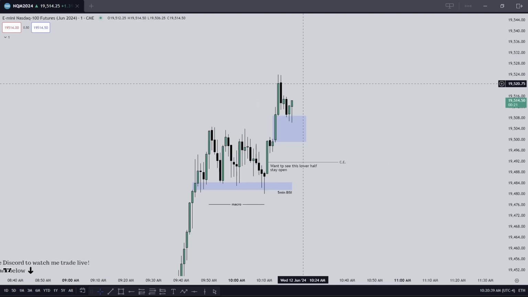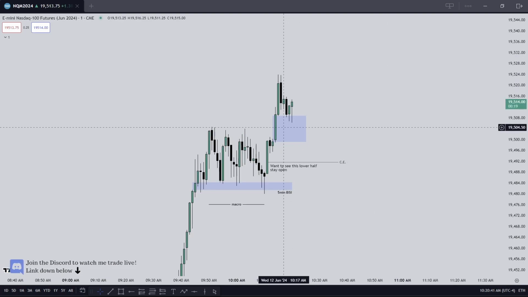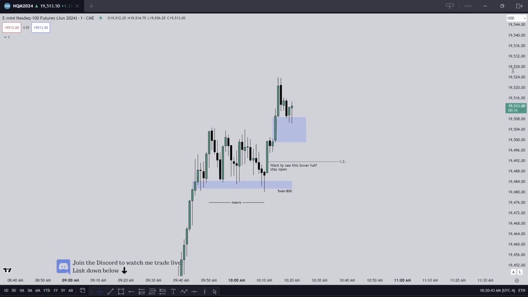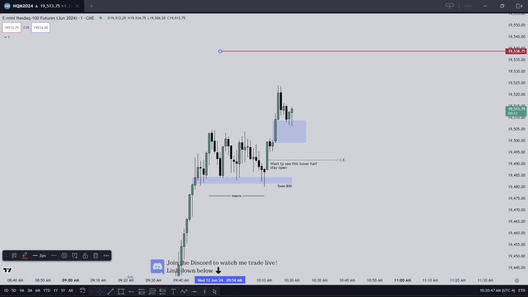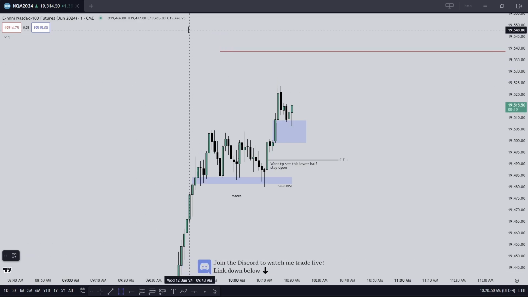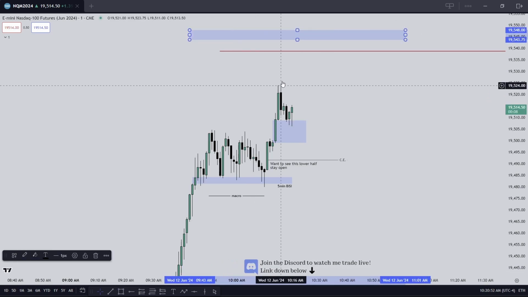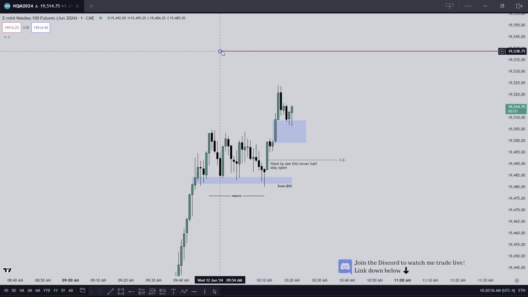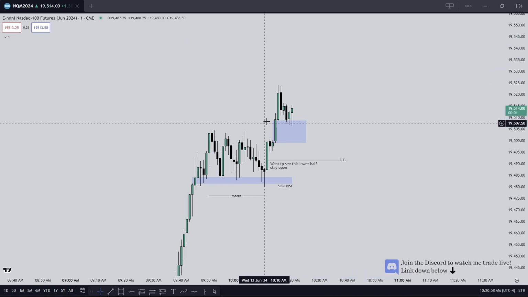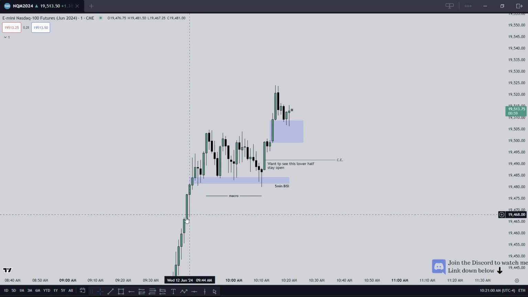Now let's say I was in this trade, how would I target? Obviously we don't have any buy side or any premium fair value gaps up here to reach for. We're in no man's land. So what would I target? Me personally, this is not trade advice. Okay, I don't trust pressing the button today, which is why I'm not.